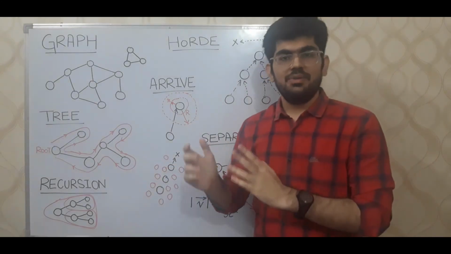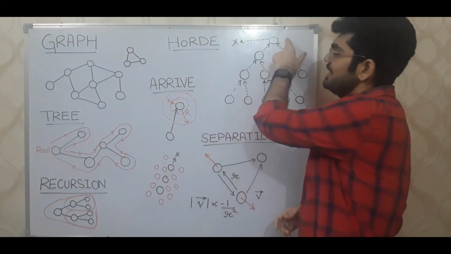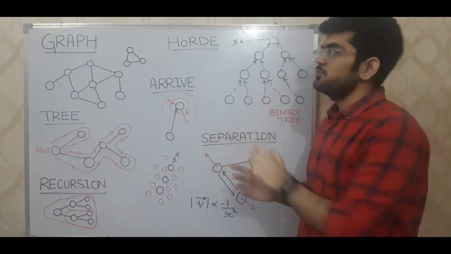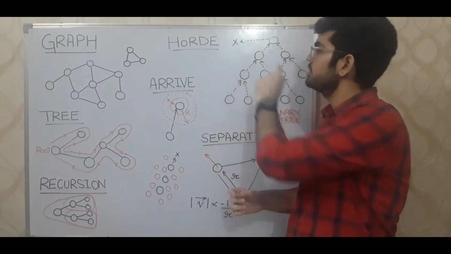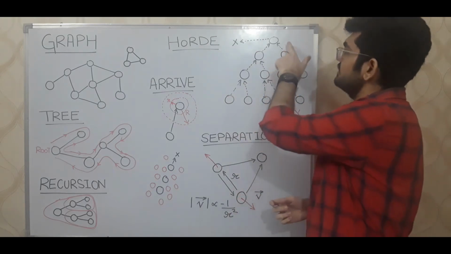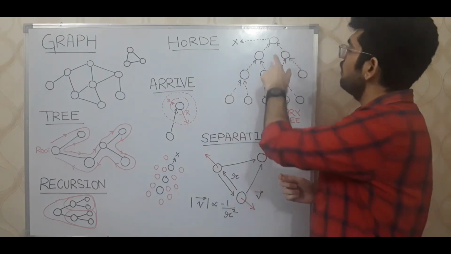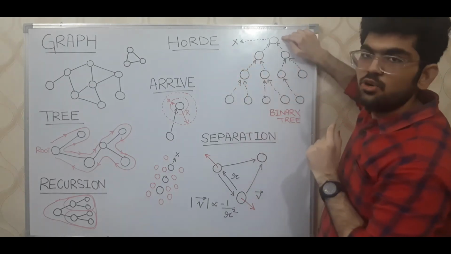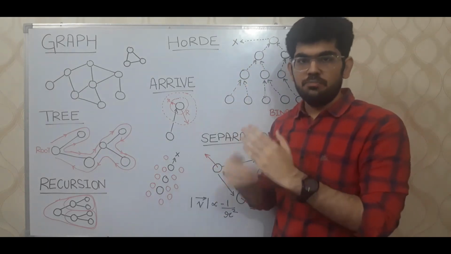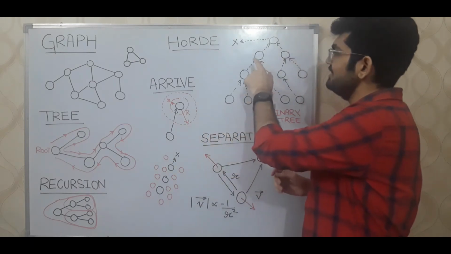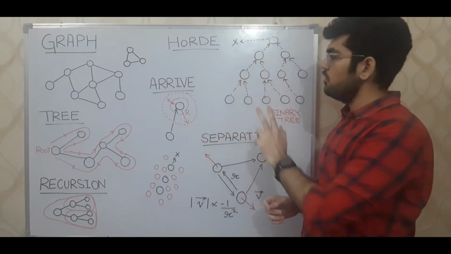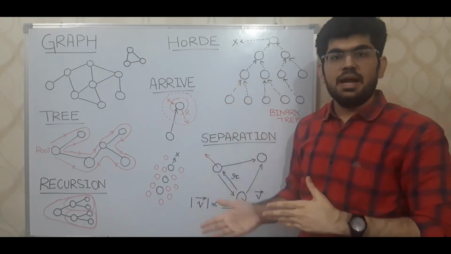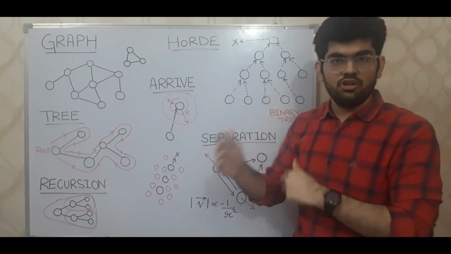So how is the complete horde working? We have this leader present over here that we have at the start, and this leader is programmed to follow the player. Now the children of this leader are programmed to follow their parent. So these two children nodes are actually following this node over here, and we have this following pattern all along. As we can see, this node is being followed by these two nodes, this node is being followed by these two nodes. So this pattern is what actually is going on in the algorithm.